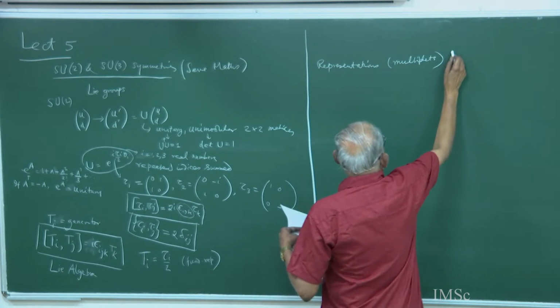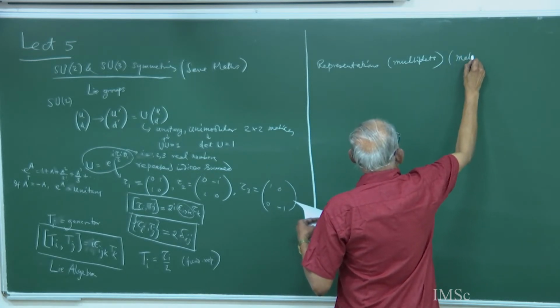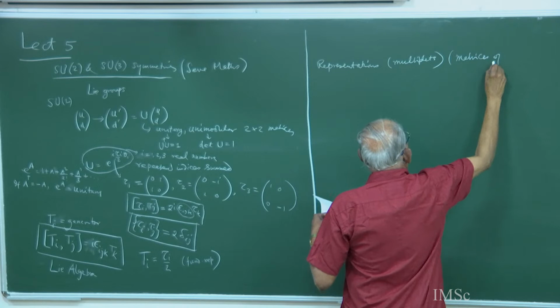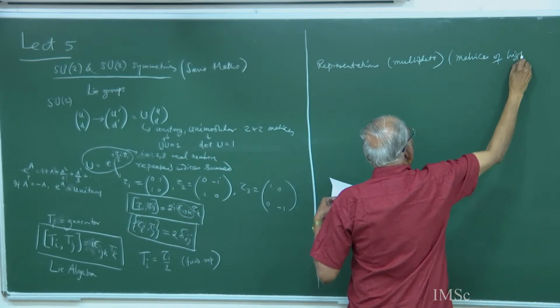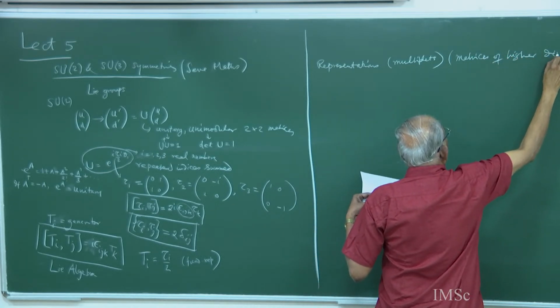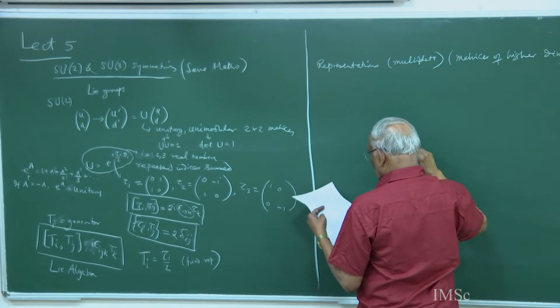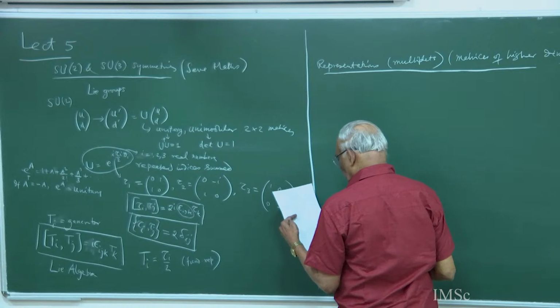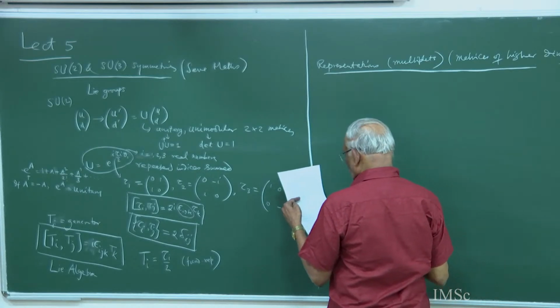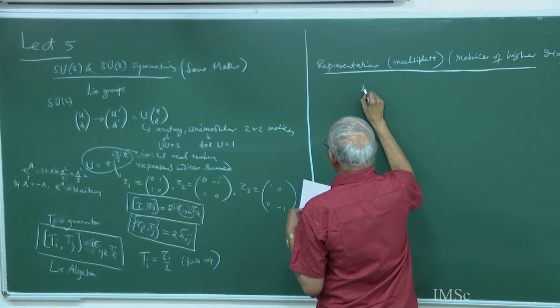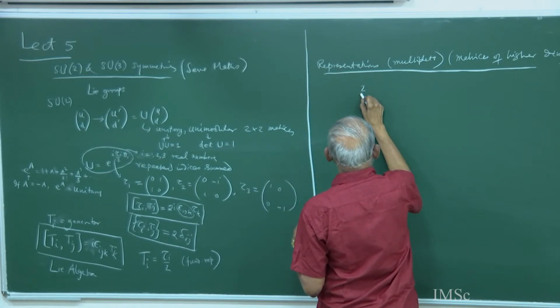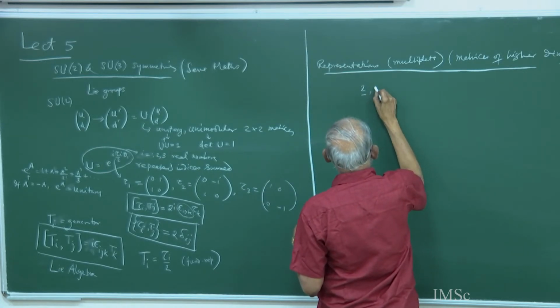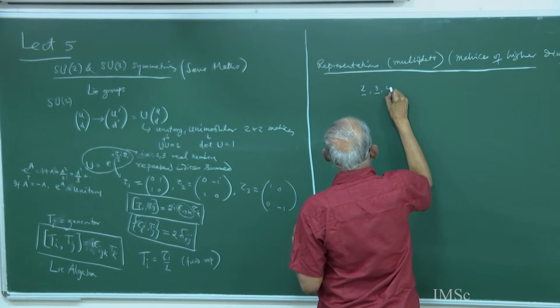So these are matrices of higher dimensions, higher than 2. We already know about them. For instance, the SU(2) Lie algebra can be represented by a 2-dimensional representation, or 3-dimensional, or 4-dimensional, and so on,